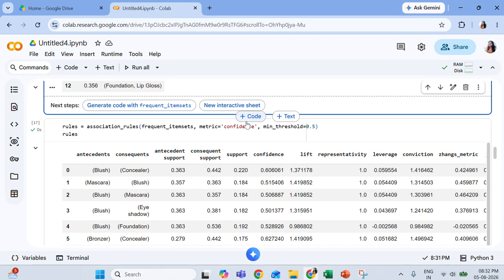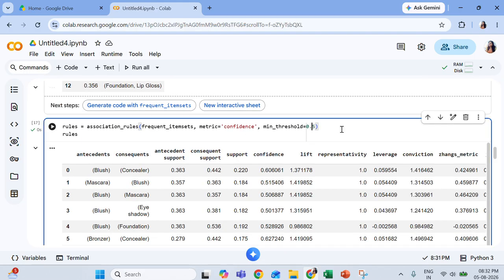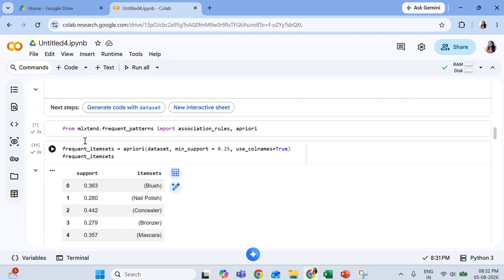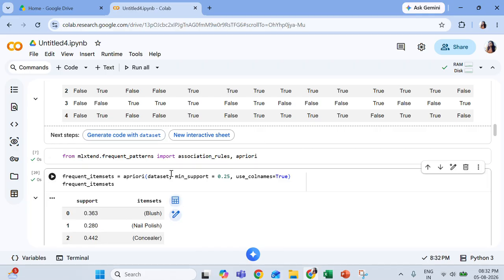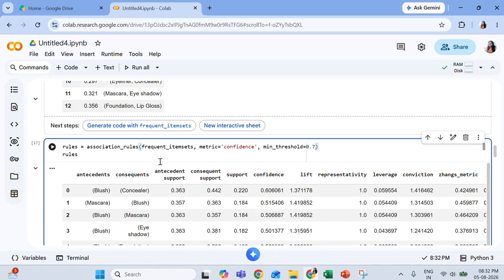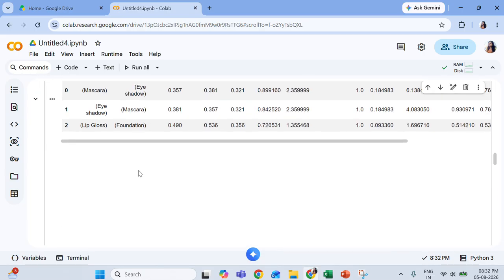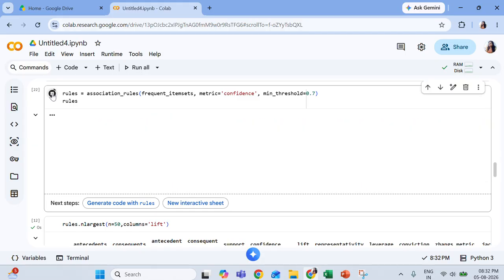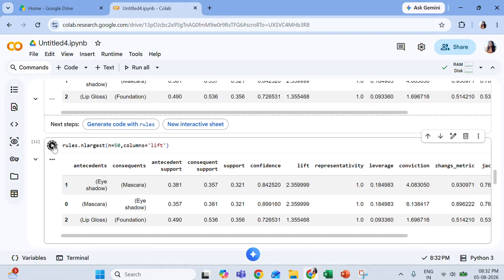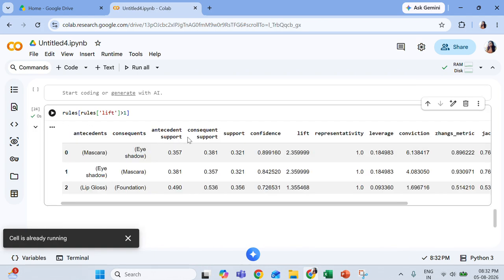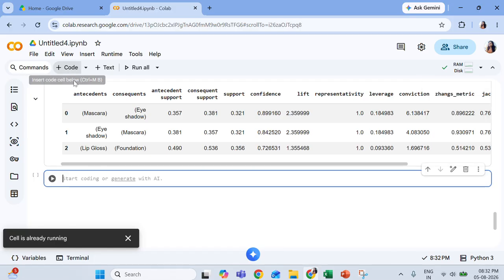Okay, so let us again go back to our rules. This is how you can create them. Let us execute it, because now we will go for some data visualization. Let us keep what was our original one, so that it is easier for us to view the rules. I hope you understood how we can see the lift values greater than 1, less than 1. Now let us go for some visualization.